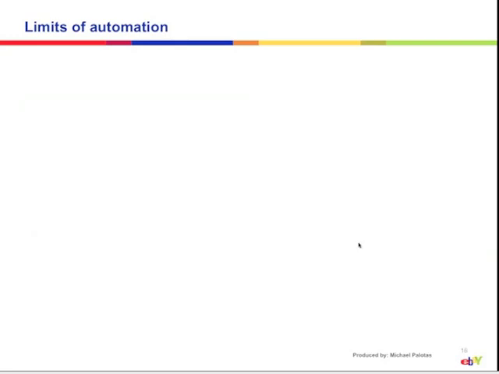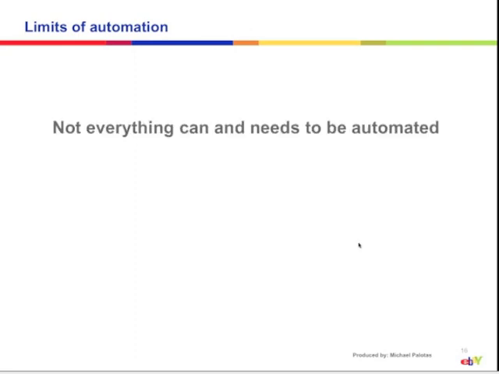Good. So now we talked about what we did. Now let's look a little bit at the limits of automation. I say very clearly, not everything can and needs to be automated. I think the worst thing you can do is actually try to automate everything. I've talked to people who said, "Oh, we're going to try to automate exploratory testing, for example." Well, I think that's not the smartest idea. So don't, automate where it makes sense, which I believe is mainly the regression piece, and leave it at that.